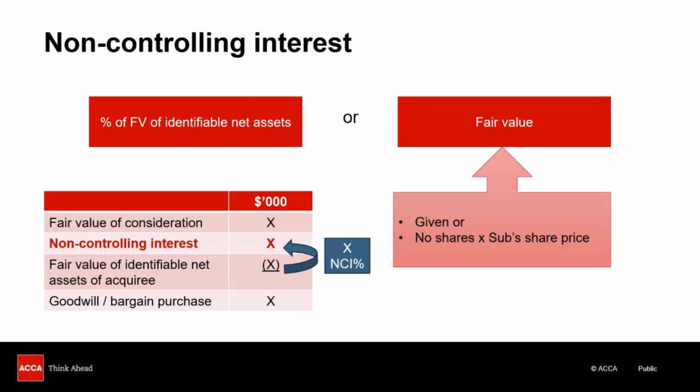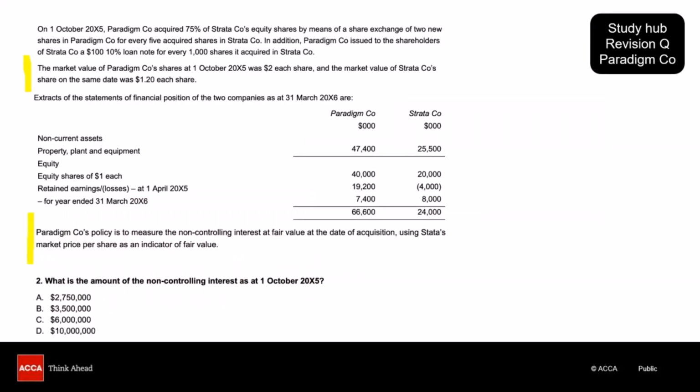But this is not the case in fair value. If the fair value of NCI is to be used, which means that the full goodwill method is being used in the question, then either the fair value of NCI will be straightforwardly given in your question, and if it is not available, then you can take up the number of shares attributable to NCI and multiply it with the subsidiary company's per share price. This will give you the fair value of NCI at the date of acquisition. This is why the question gives you the subsidiary company's per share price also. This amount related to NCI is going to go and be shown in the consolidated statement of financial position working